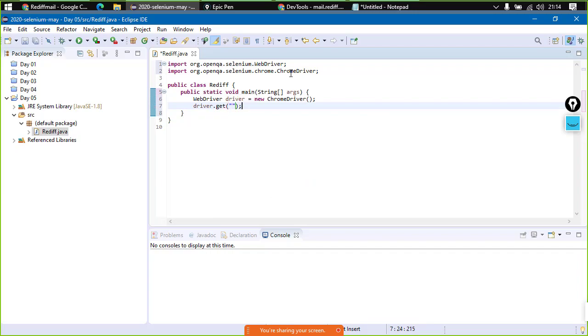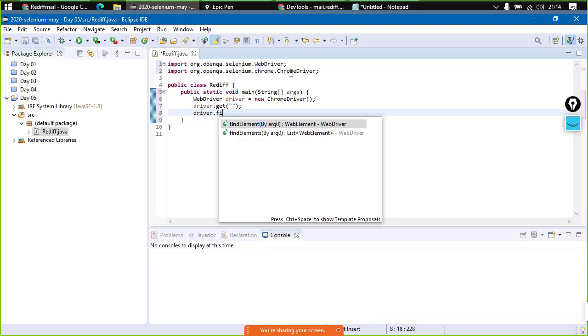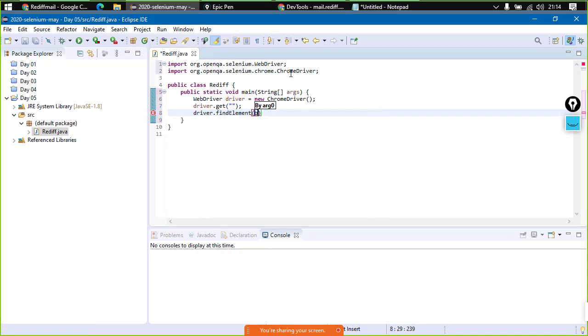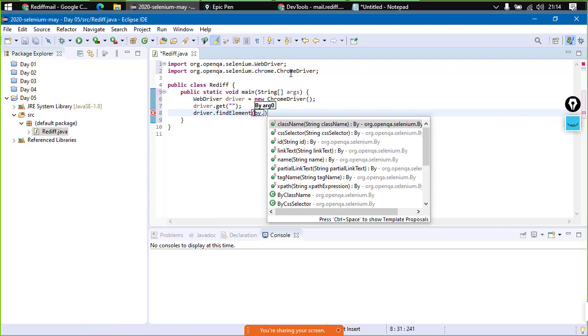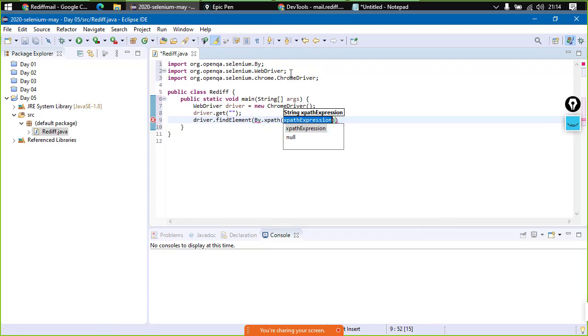After opening that page, we need to find the element. So how can we do that? driver.findElement by XPath, and the XPath expression is this.